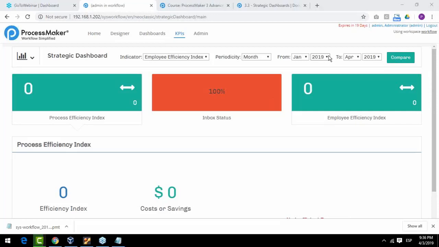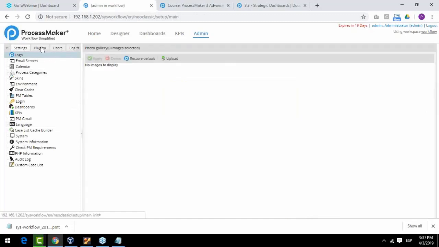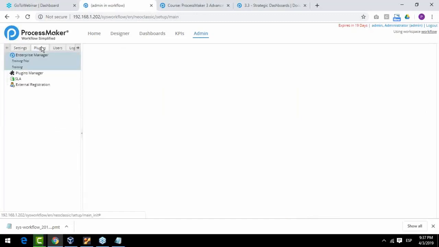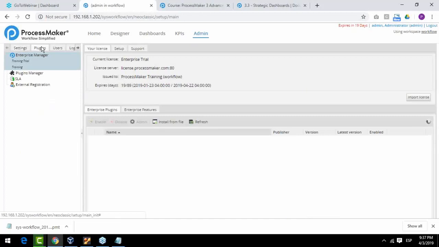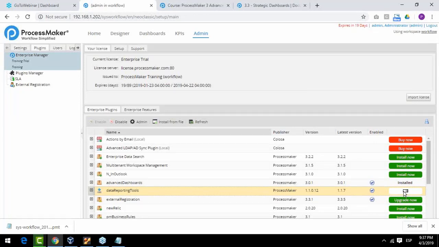Okay, let's start. Data reporting tools. First of all, if we go here, let me tell you the data reporting tools is a plugin, and it is an enterprise plugin. There you have. This is the plugin. I'm going to upgrade it. Data reporting tools is a plugin. Okay, so it is a tool,